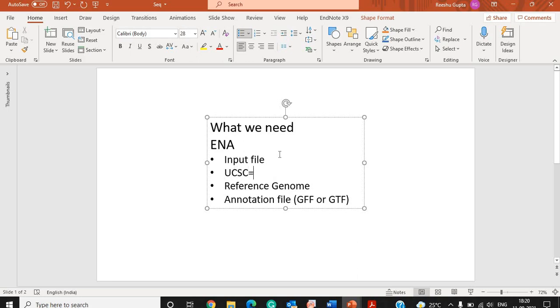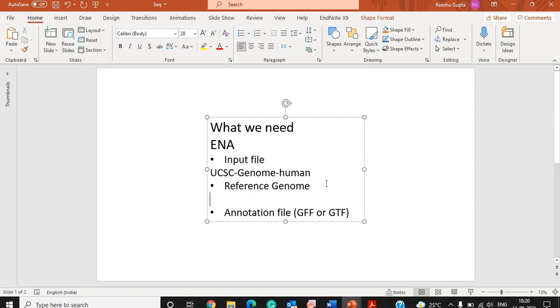For this you need to go to genome, and then you can select the human sequence and download the reference genome. Then regarding the annotation file, you can go to the UCSC table browser, okay. So these things you need to remember.